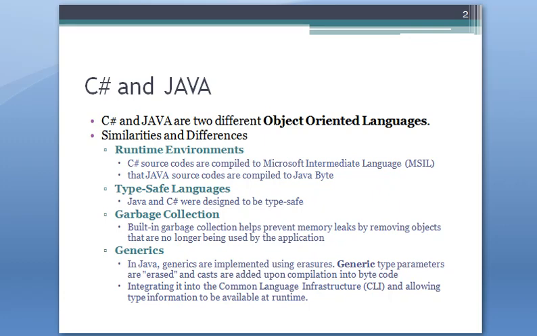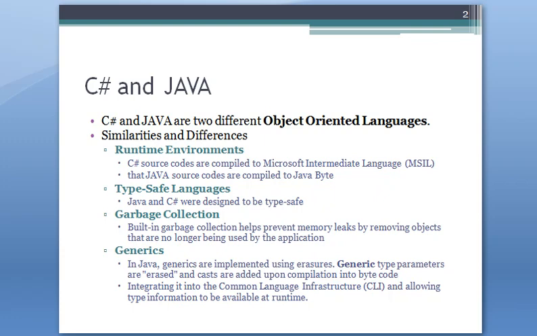So let's see some similarities and differences between C Sharp runtime environments and Java runtime environments. Both C Sharp and Java have their own runtime environments. C Sharp source code is compiled to Microsoft Intermediate Language, and during execution it runs with the help of a runtime environment called the Common Language Runtime (CLR).